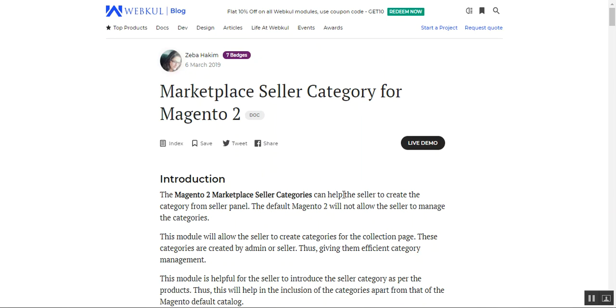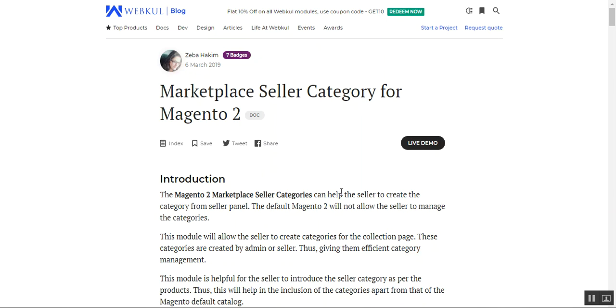And apart from that, let me give a small gist before we go to the storefront to show you the workflow of the same. Basically, this plugin extends the functionality of the default Magento, and it allows the layered navigation of the seller collection page that shows the seller categories exclusively. The admin can create the categories which can then be assigned to the sellers as required, and the vendors on the other hand can even create categories for themselves, and they'll also be able to manage the categories that have been already created by the admin